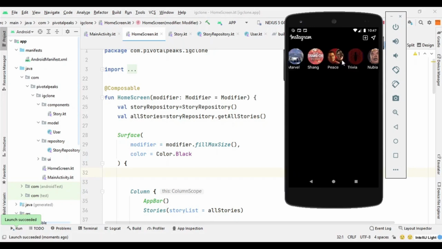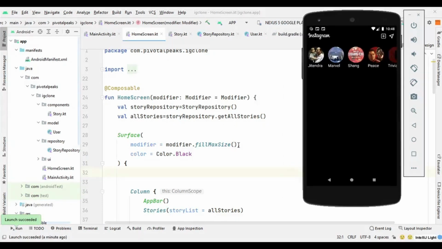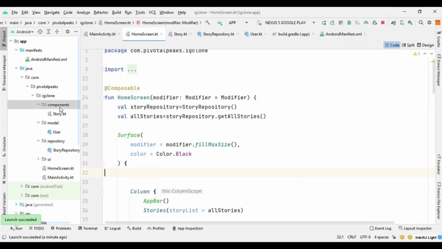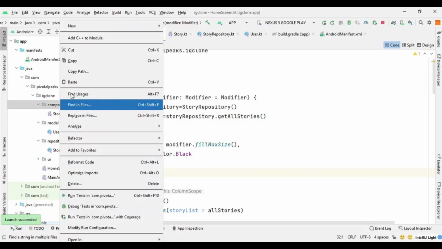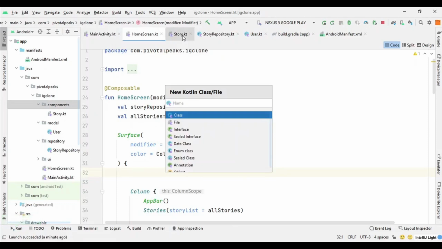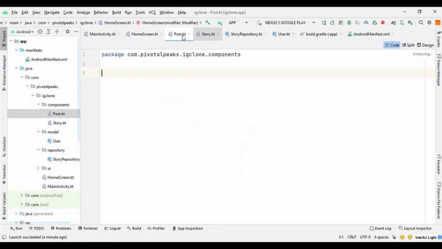So that was our story component. So now we will build the post component. So we will go to the components package and we'll create a new Kotlin file for post. So here we will say post. So first we will build a post component for a single post. Then we will use lazy column to create multiple posts of user posts. So we will start with add composable